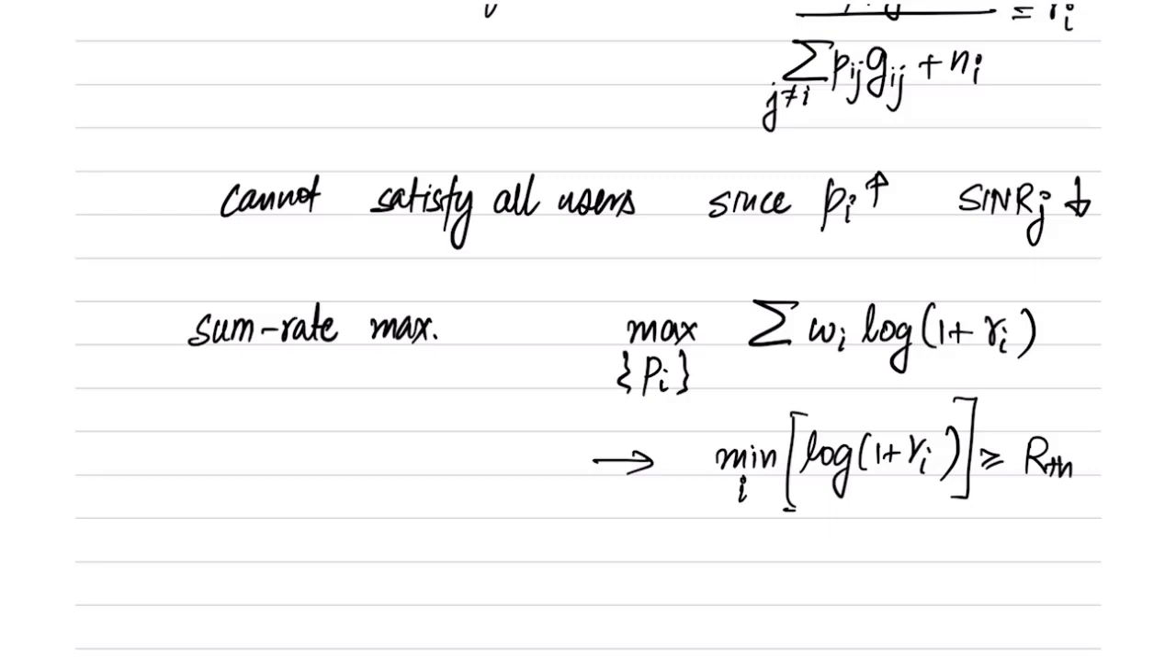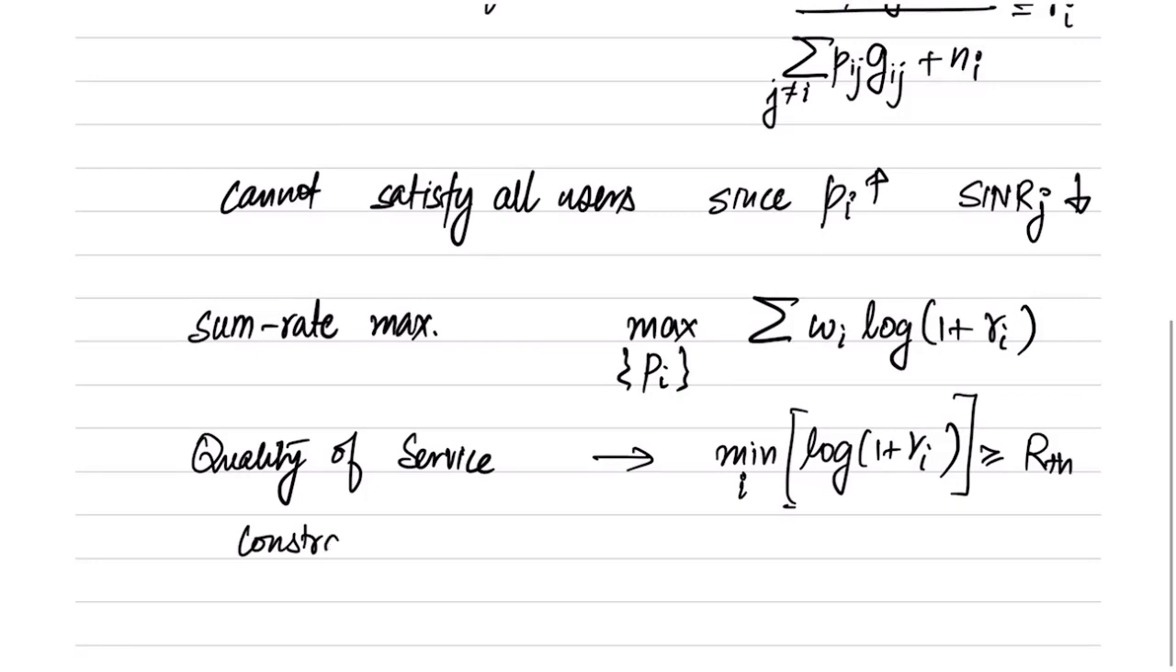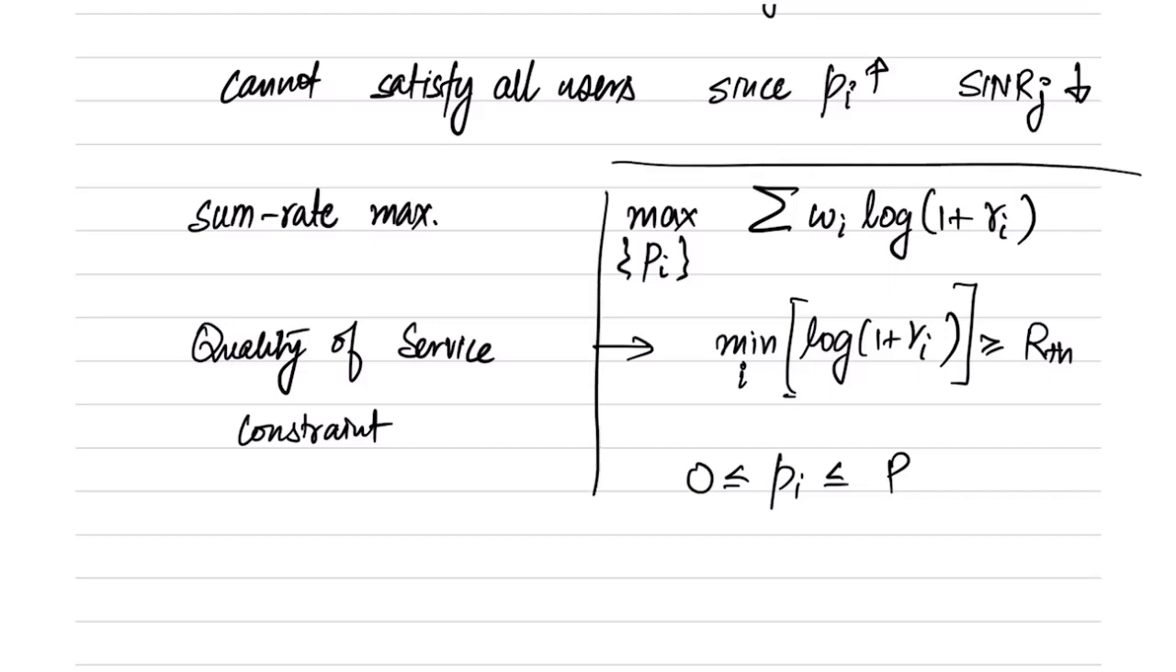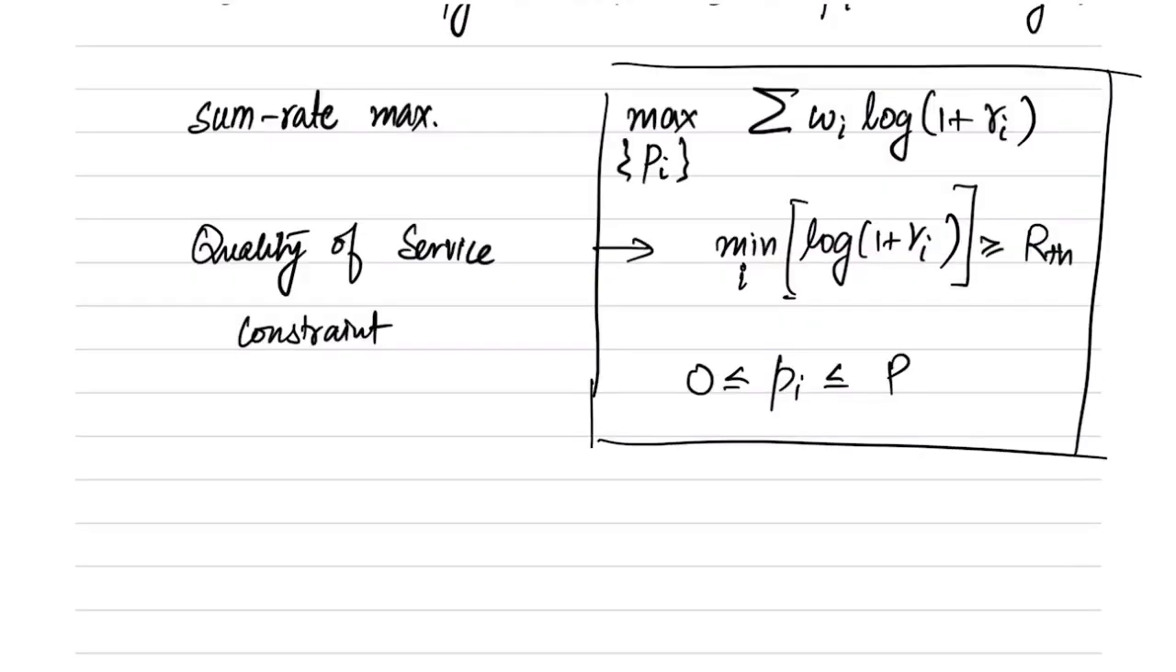By the way, this is called the quality of service constraint. So quality is measured by the minimum rate that the user is getting, and that should be sufficiently high. And in addition to these, we have that power is limited from 0 to some capital P. So this is the problem that we want to solve, and let us simplify this particular constraint,